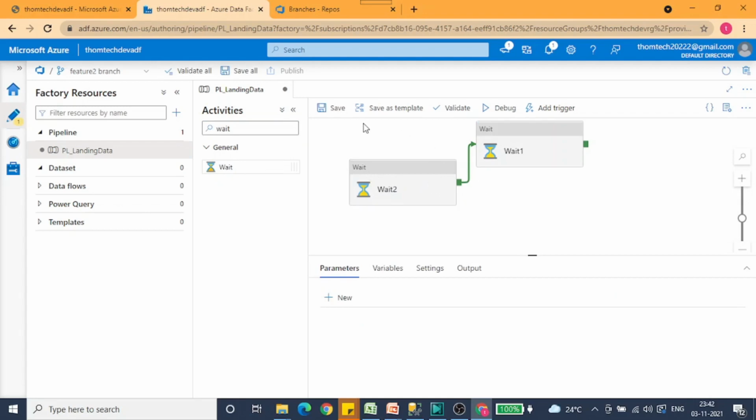And then if you want to save this, we have the option to save it as an individual pipeline, or you can click on save all. So everything within this canvas or within this feature branch that was changed will be saved. Okay, so what does this saving mean? It is not getting saved to the data factory, it is getting saved to the Azure DevOps Git on this branch. Okay, and once it is saved, let me just save it. I am saving it.